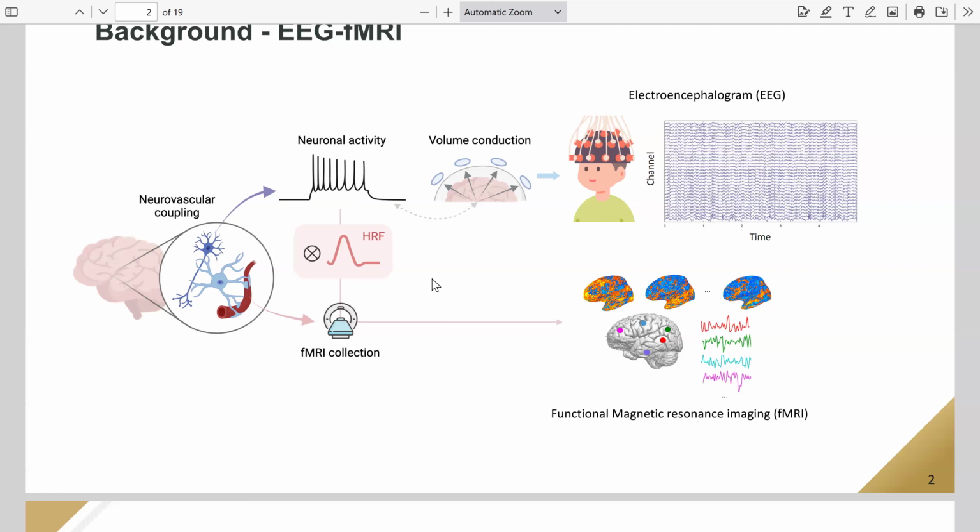That's where you don't have some particular task that the person is doing in the scanner; they're just sitting there. But still, you'll find some people out there. I've been at conferences and talked to people about resting state fMRI. They're like, "It's all garbage. It's all noise. There's no signal in there at all." So you'll still meet people that feel that way.